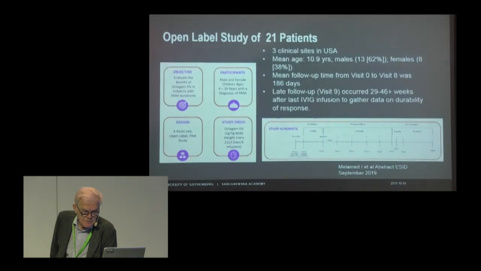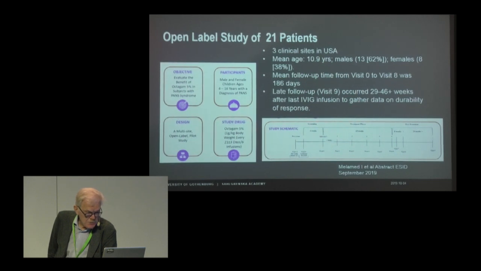Then we have the latest study, an open-label study of 21 patients, a kind of pilot study at 3 clinical sites in the US. And as I said, it was published very recently, and fortunately this was published at a conference where the abstract did not belong. It was in an immune deficiency conference, and I happened to be there and see it, and it's interesting. Here it was to evaluate Octa-GA, immunoglobulin produced by Octa Pharma.